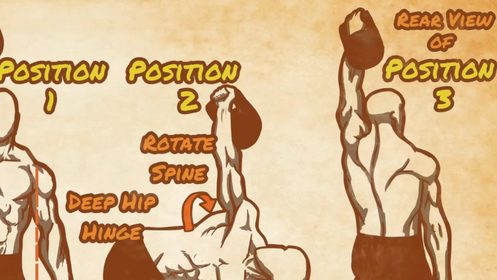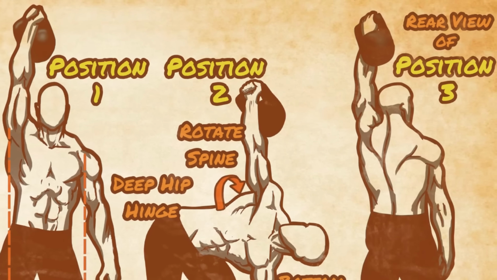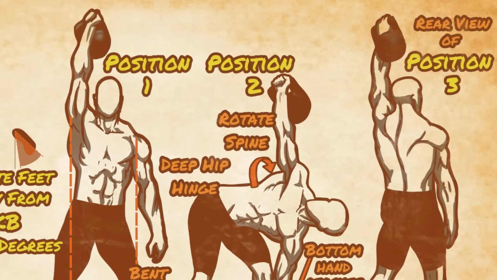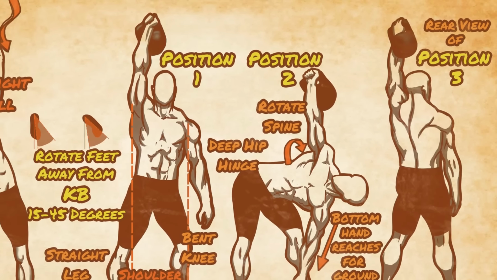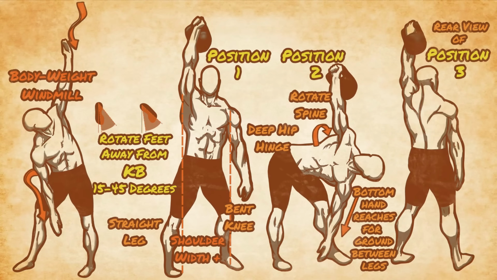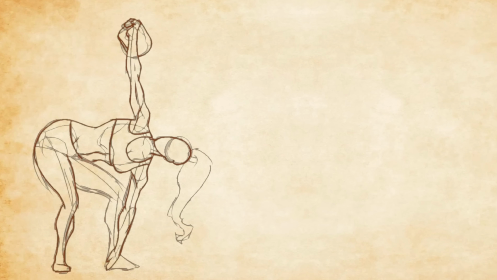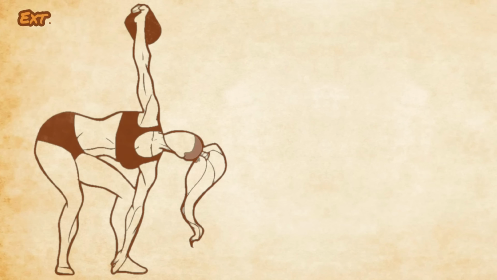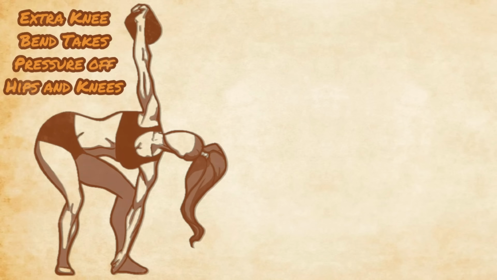Remember, this is a whole body exercise where the core is training to work together with other muscles to create stability, mobility, and strength. You should be driving the weight up with not just the core, but also with the hip extensors, especially the glutes and hamstrings. If this is difficult due to mobility issues in the hips, you can add a little extra bend in the knees until you gain more mobility.